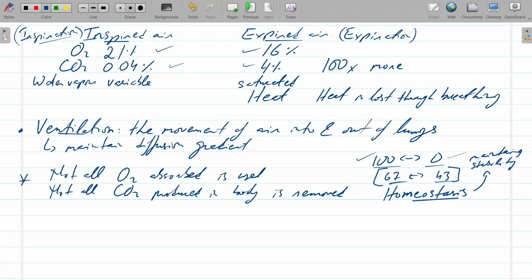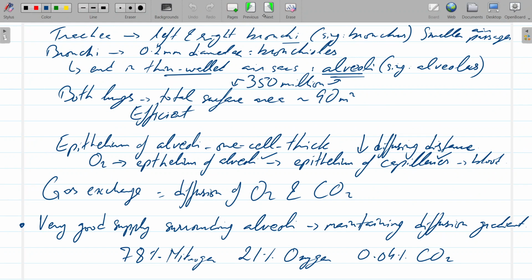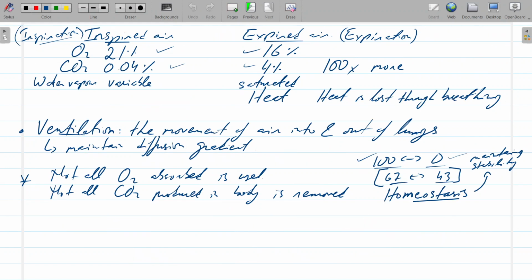So yeah, ventilation helps maintain the diffusion gradient and keep the supply of oxygen coming in and keep on removing the carbon dioxide. Now, coming back to the structure of the lung. Before moving on, there is a flap which I believe we were introduced to when we were talking about the alimentary canal. There's a flap of tissue called the epiglottis,